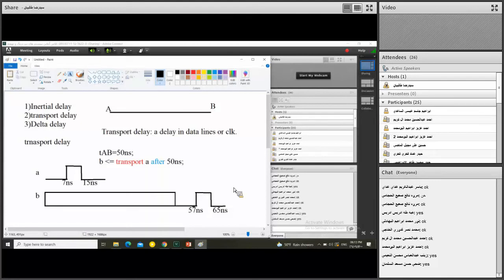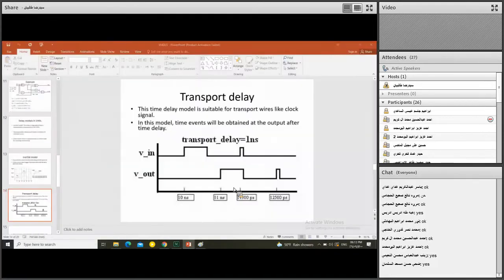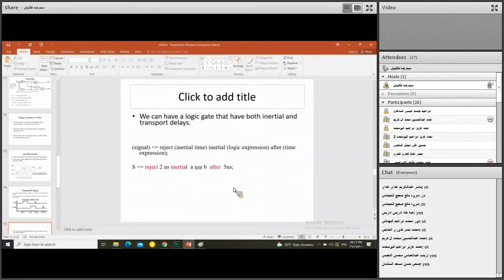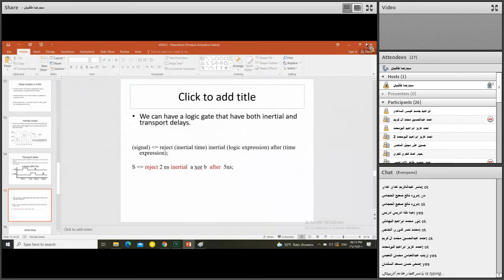As I told you, the delta delay model is a special technique that the VHDL editor uses for management of order in VHDL simulation. For example, let me come back to the slide. As you can see here,